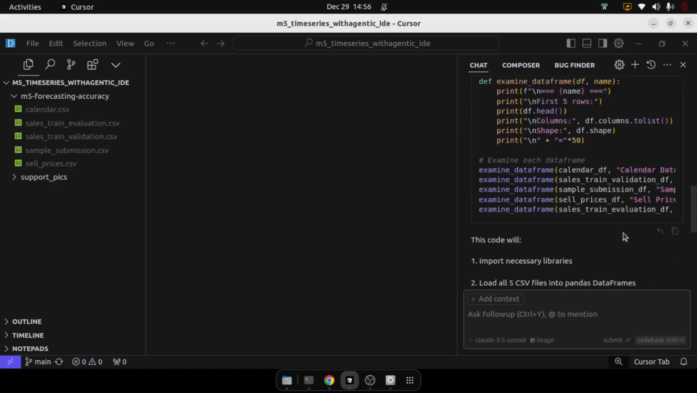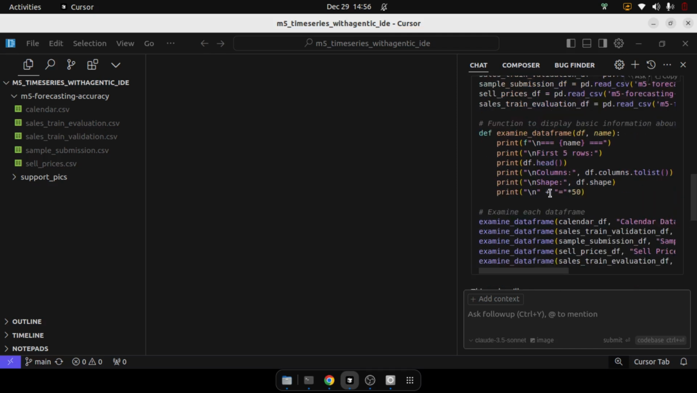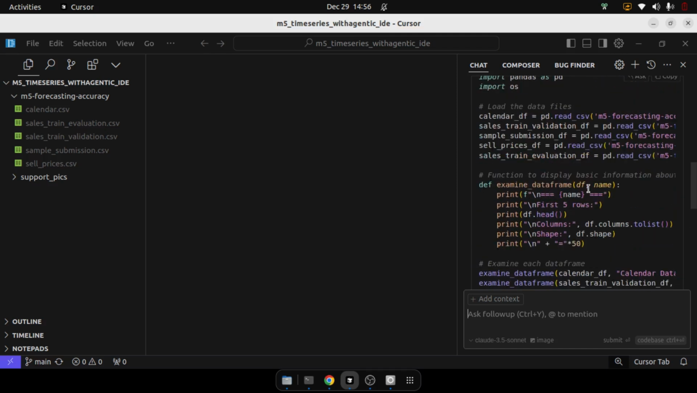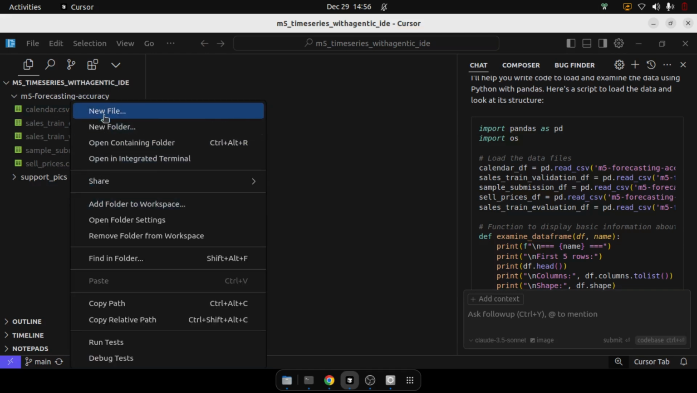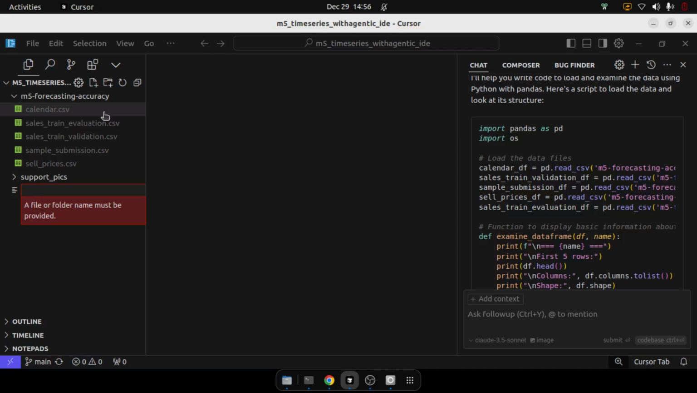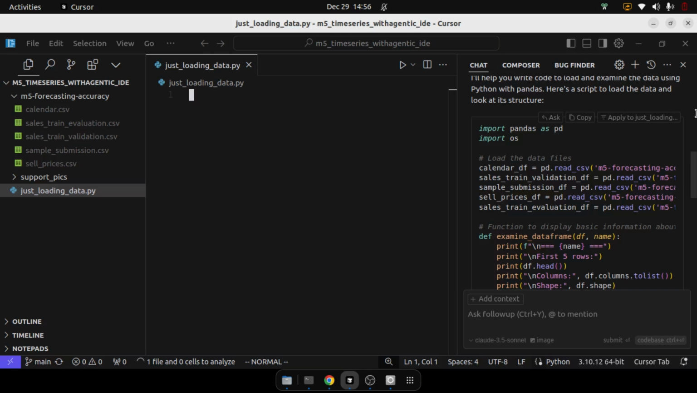It's a pretty simple thing, right? So it has created examine data frame, and we are giving it a data frame. The data frame is loaded using the read CSV here, and let us start by creating a new file. Okay, I think we need to create it here. So let me create a new file, just loading data.py, nothing else, right? Keeping it simple is very important because we are not trying